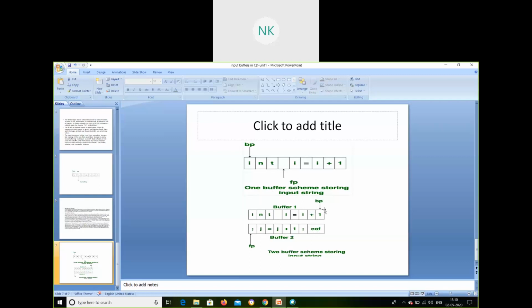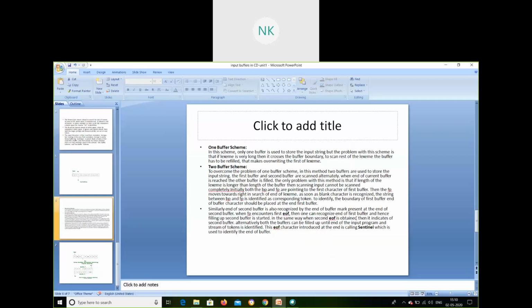So it will find the last end of, which you call a sentinel. The sentinel is the end of your complete buffer. That is, your input string you are putting inside the buffer has ended, and your complete program is done. At that point, it will say sentinel. This end of character introduced at the end is called a sentinel, which is used to identify the end of buffers.